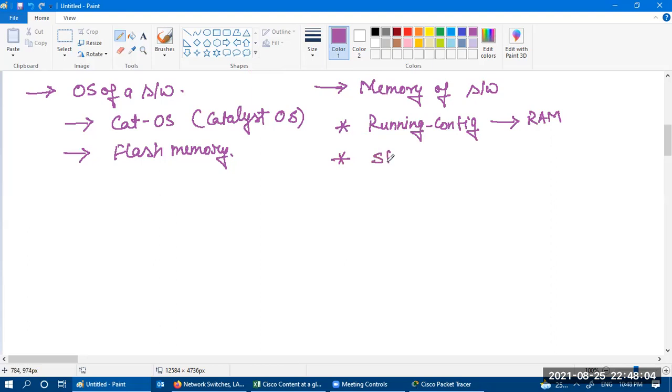If you talk about startup configuration, that startup configuration is stored in NVRAM. And if you talk about your operating system, or you can say CAT OS, that CAT OS resides in flash memory.